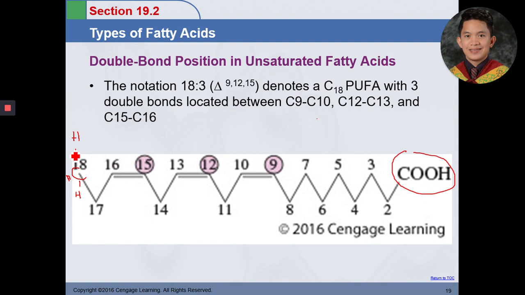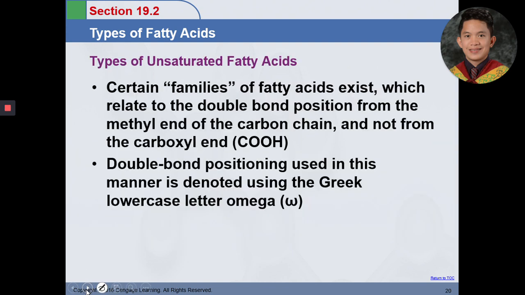So there are certain fatty acids wherein we relate the position of the double bonds not from here, but from here, from the methyl end. Okay. Now, if we count the position of the double bonds from the methyl end, we now use the notation of the Greek lowercase letter omega. Okay, so if we count the position of the double bonds from the methyl end, or from the left side, we use the Greek